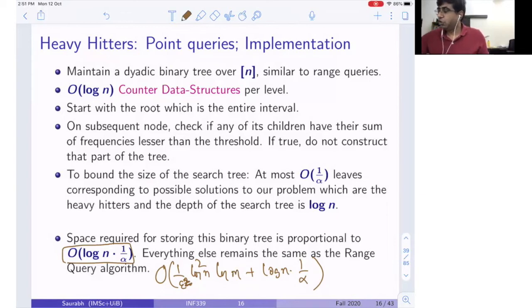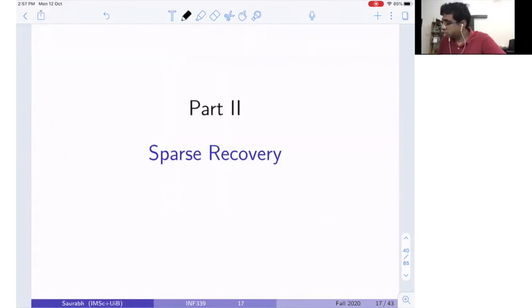Okay. So I told you two very important and useful applications of the count-min and count data structures, which are quite used in practice. A lot of people have done practical implementations of this, and if you search the internet, you will find them. I have also added some practical applications on the website of the course. Okay, so let's look at our next application.